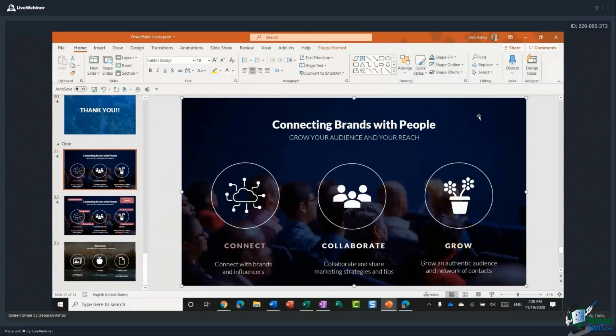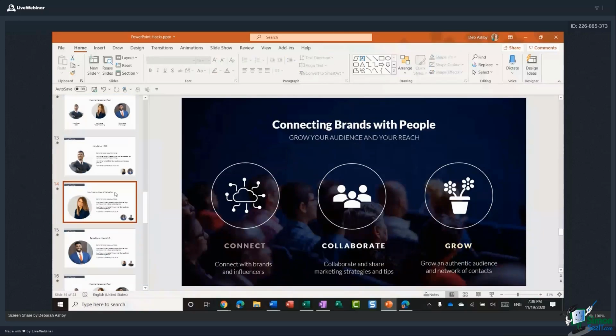She was struggling to get up the contextual menus. Can you just click on an image or an icon and show how the contextual menus come up? Yes. So contextual menus are essentially ribbons that don't appear until they're needed. So if I click on, I've got an icon here. If I click on, oh, actually, that's not a good one because that's all grouped together. Let me go to something else.